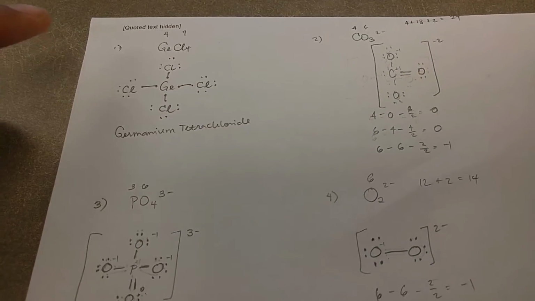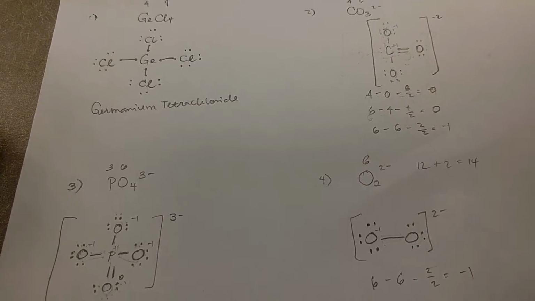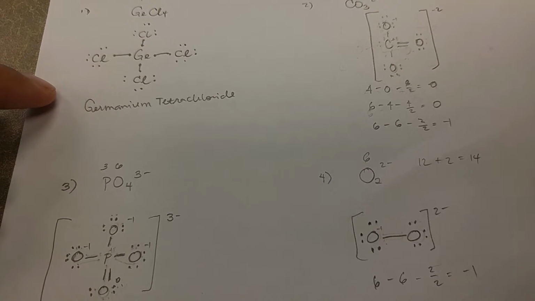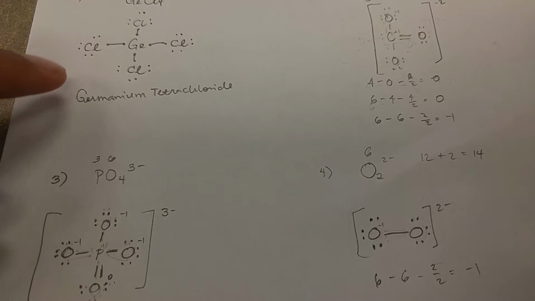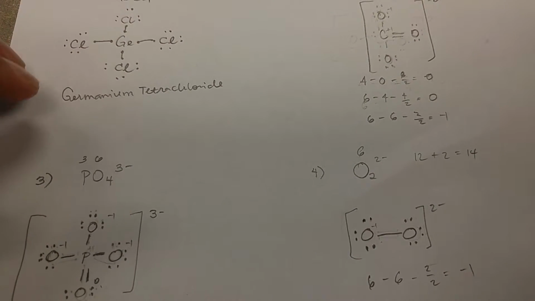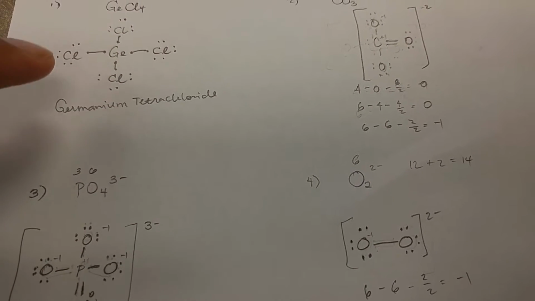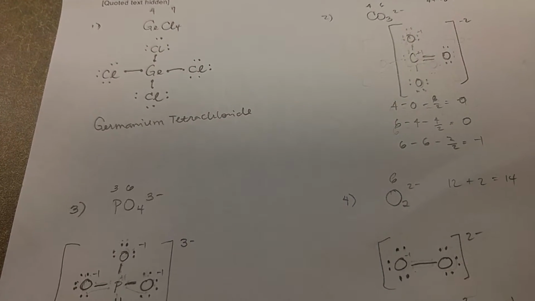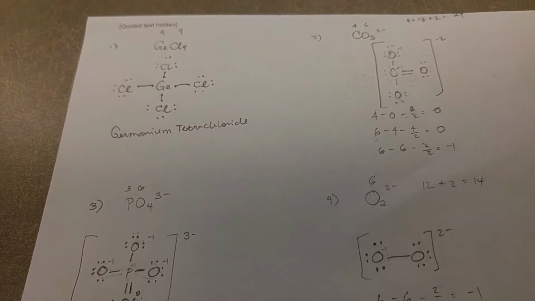With germanium tetrachloride, when you draw out the Lewis dot structure, you find that it forms a single bond with each chloride atom. And so that's